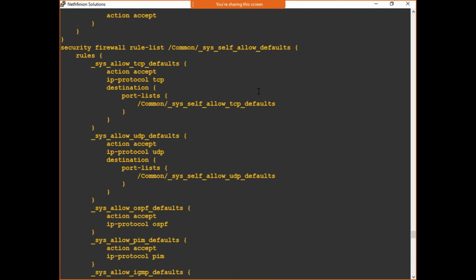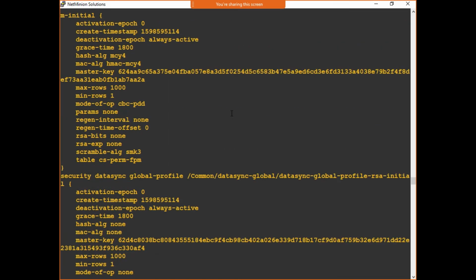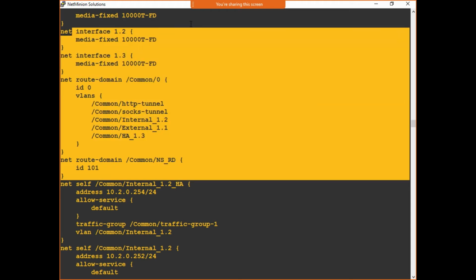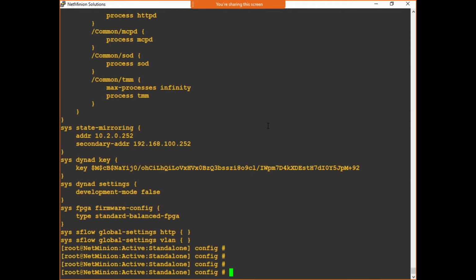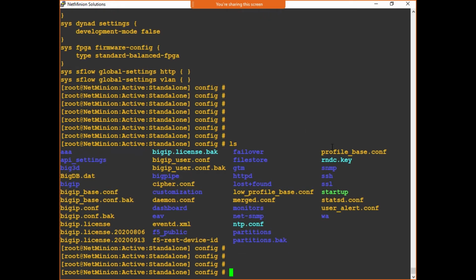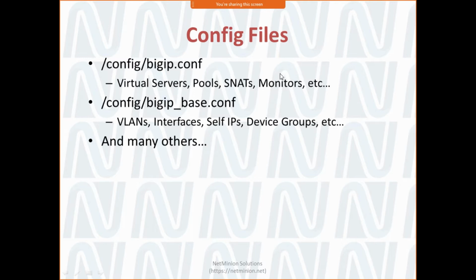You can see things like system rules and the other rules, maybe when we go about the network tab. So there are lots of files available over here which you can check when you want to see them. Go into the config and check over there. Here it is mentioned that if you wanted to see some virtual server configuration or related to that, just go to the bigip.conf and it will show you all of this stuff.